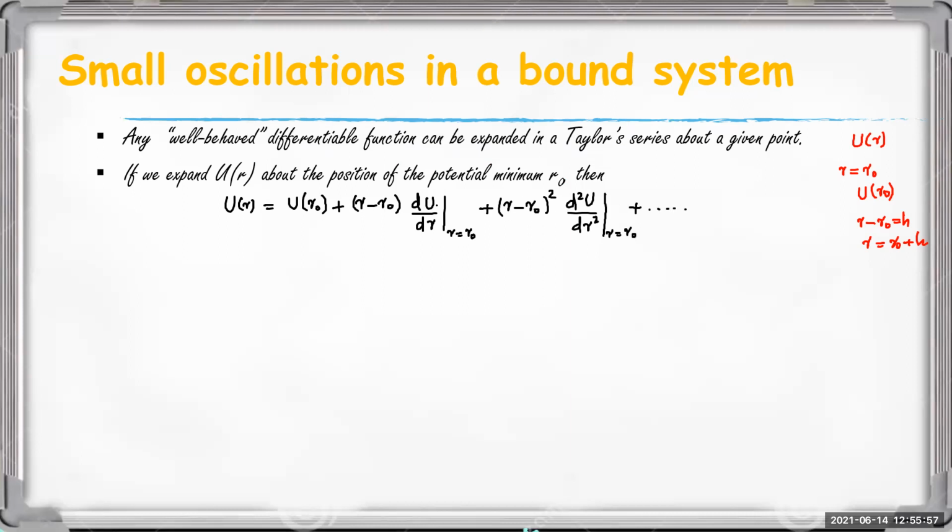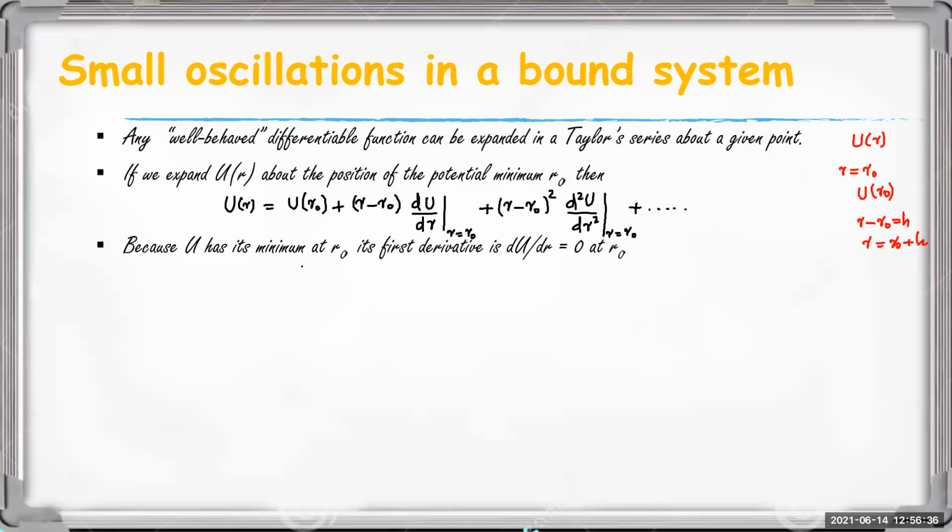Here we consider only the three terms, because we know that r minus r0 must be a small quantity. In the next term, (r minus r0) whole cube must come. It is very, very small, so we can neglect it. Then we neglected the higher terms here, and look at du by dr at r equal to r0.